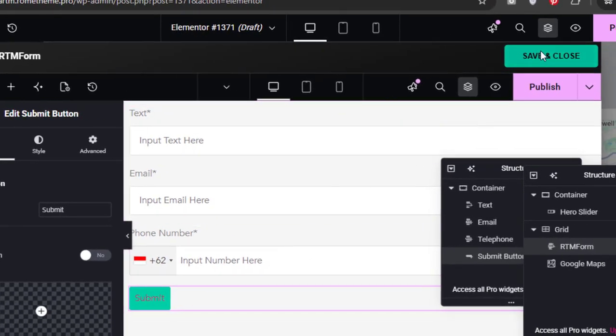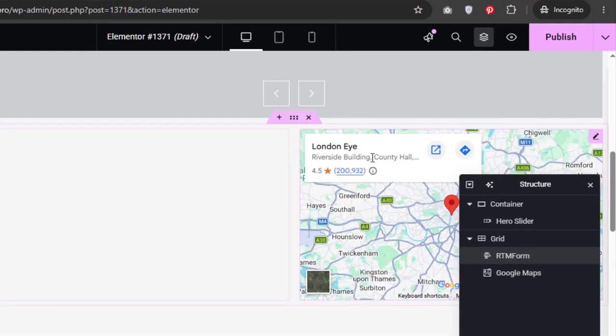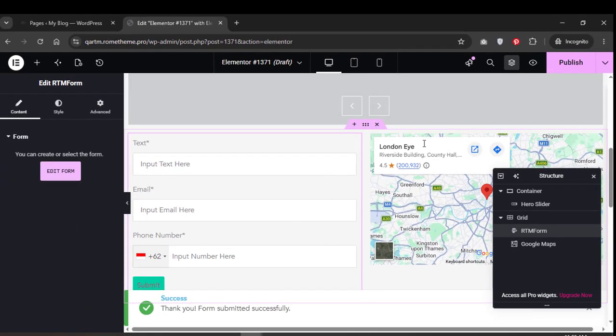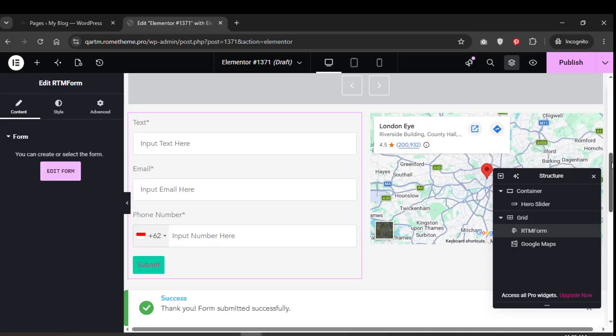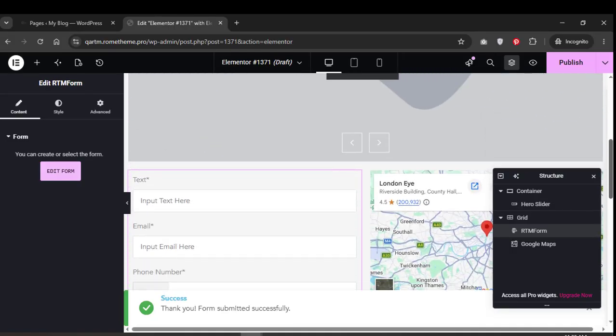After that, you need to save and close it. Now you get it. Contact us. You need to just to edit